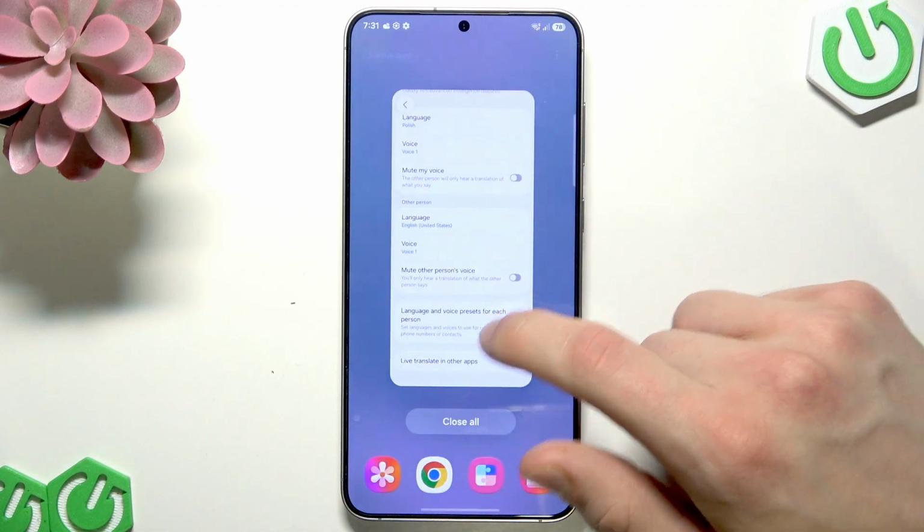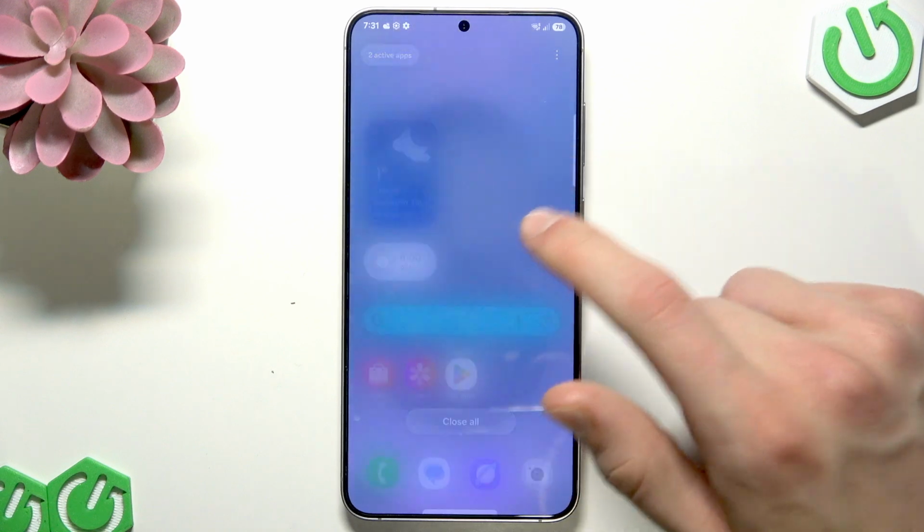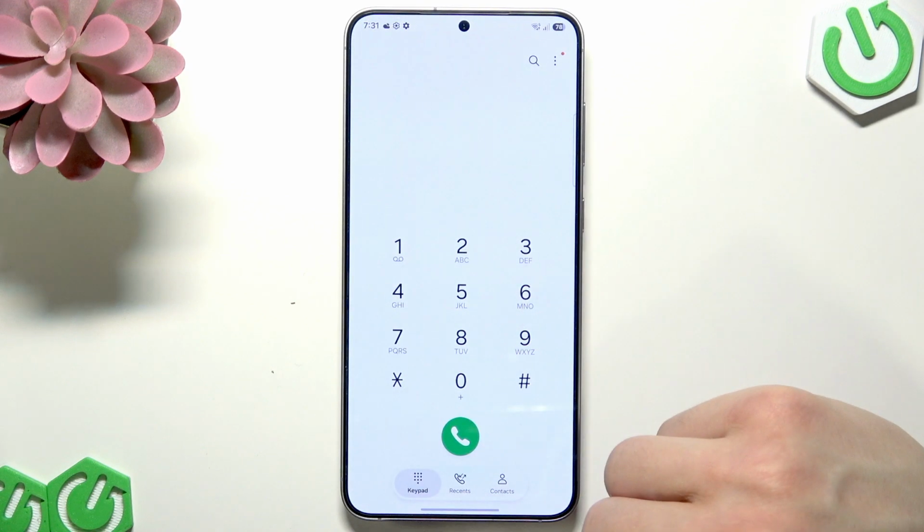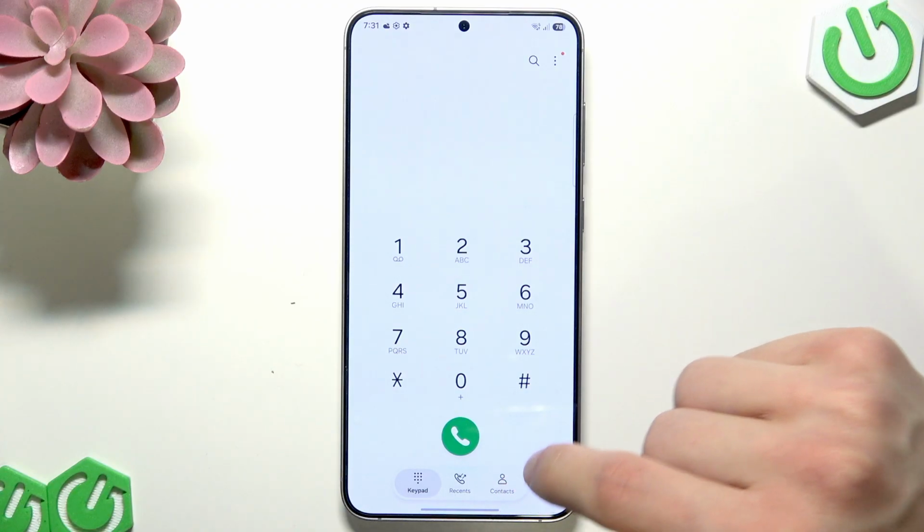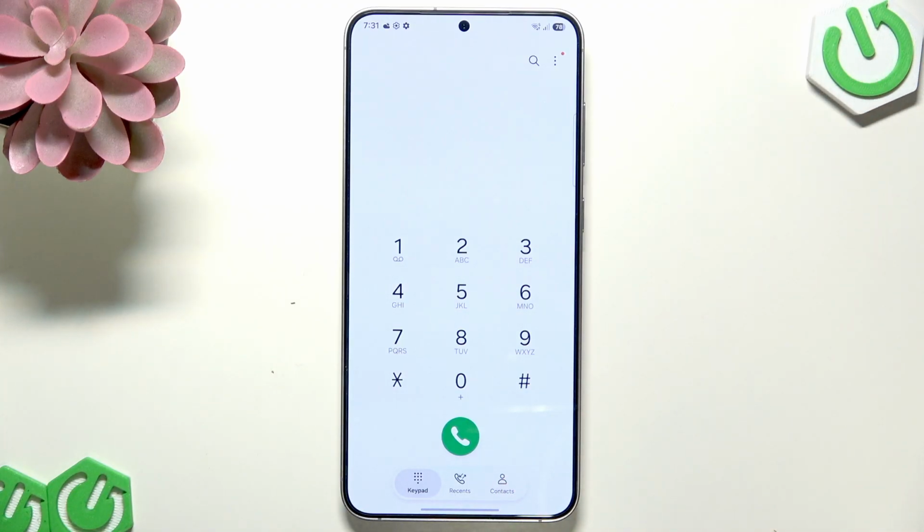After that, you're going to have to simply make a call. So open the phone application, then make a call to someone, and while speaking, you're going to have to tap the Call Assist icon, which looks like three dots or a button, then tap Live Translate to activate this feature